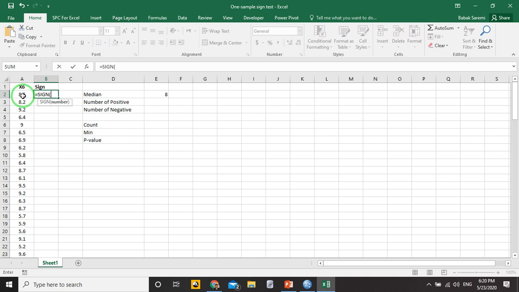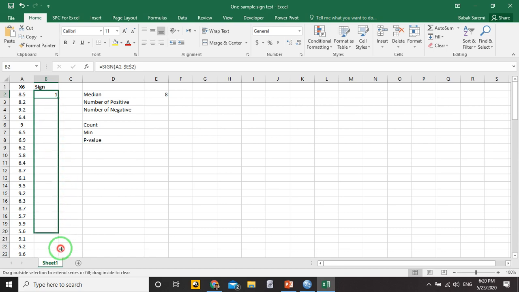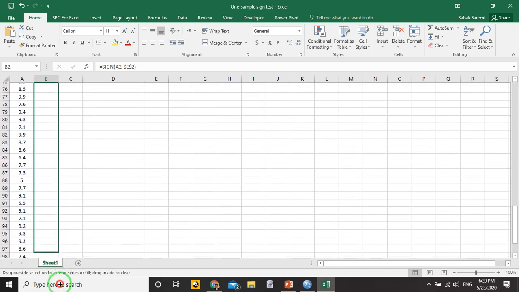And just, for example, A2, which is 8.5 minus E2, and just use the dollar sign to keep E2 unchanged. So this one is 1 or a plus 1. So this one is positive. And I just drag the formula to other cases,